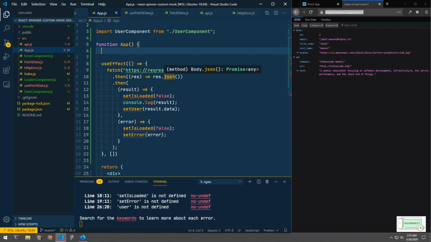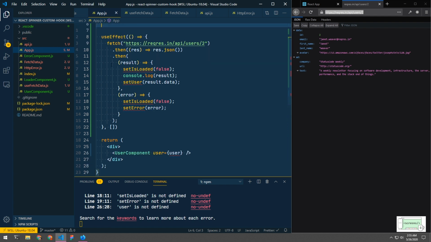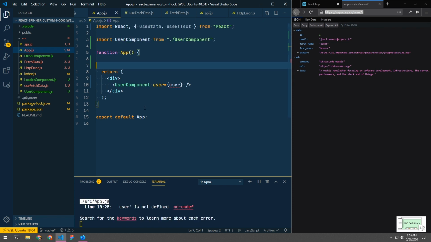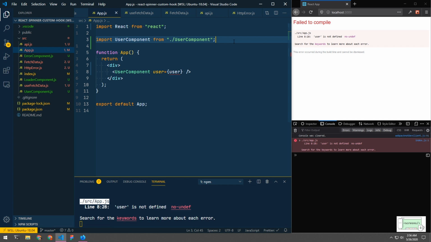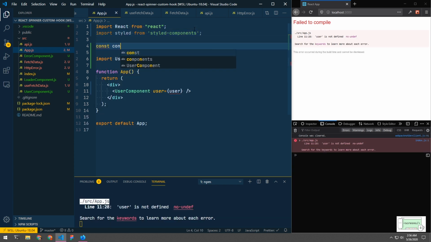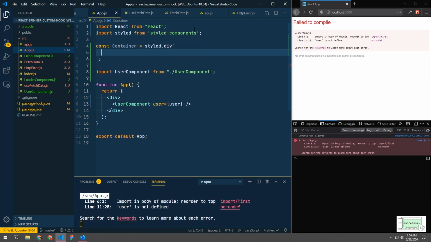Most of the things are set up now. So let's open app.js and get rid of this useEffect, and we'll use our custom hook now. So I will add a container to this component now, and inside that component we'll render our FetchData component, and inside that FetchData component we'll use the User component.